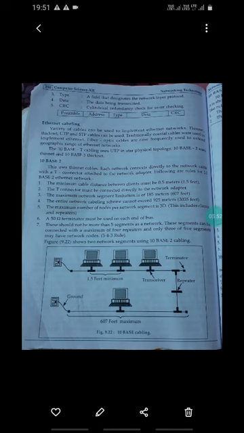So let us see 10Base2 in detail. What is meant by 10Base2? 10 is the transmission speed, and base specifies that baseband transmission is being used, and T means unshielded twisted pair wiring. So these are the topologies which are used in Ethernet cabling.